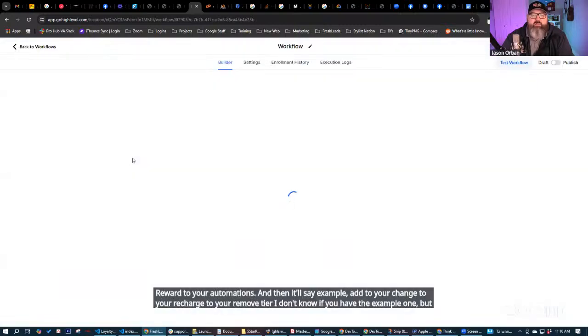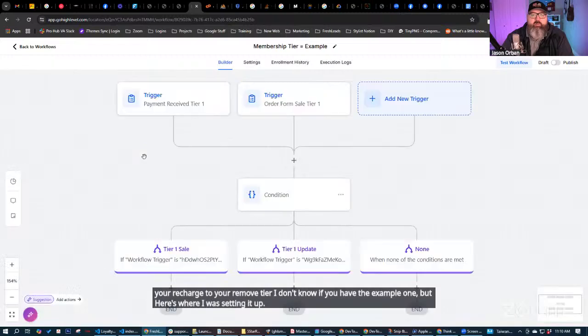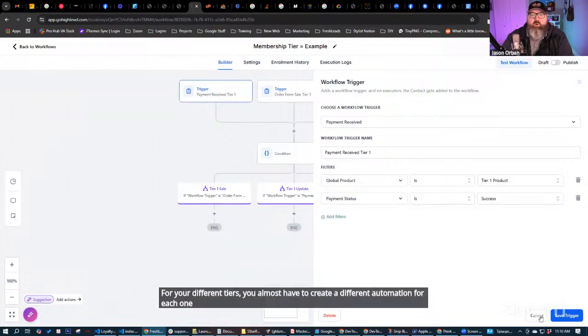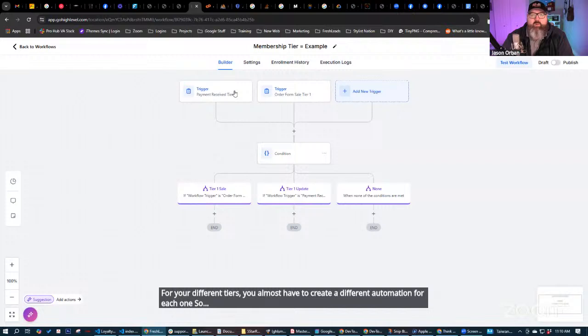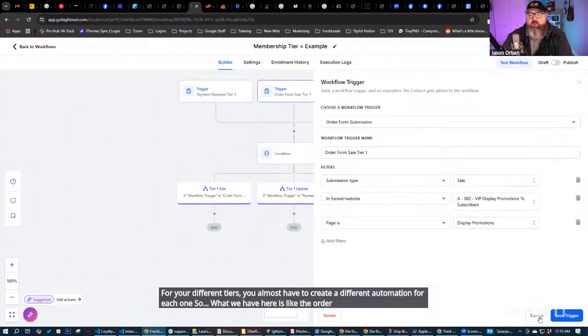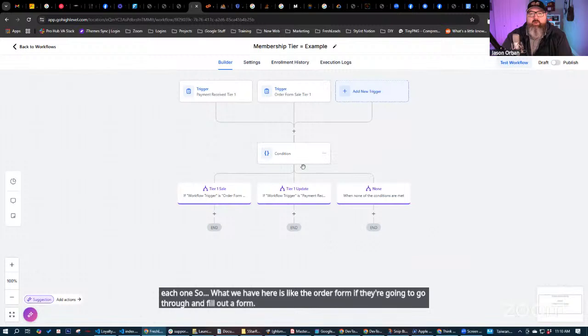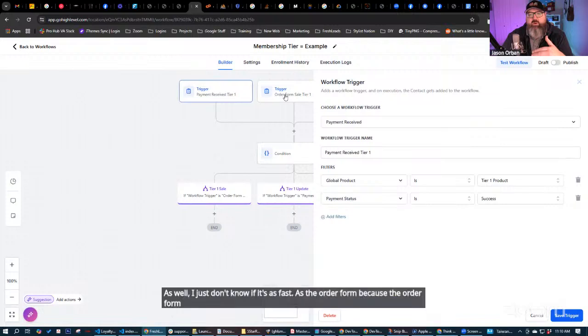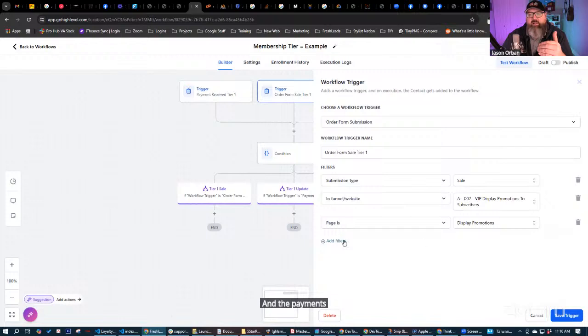I don't know if you have the example one, but here's where I was setting it up. For your different tiers, you almost have to create a different automation for each one. What we have here is the order form. If they're going to fill out a form, we can have it go through, but I feel like we can just do payment received as well. I just don't know if it's as fast as the order form, because as soon as they fill out that order form and the payment is a sale,